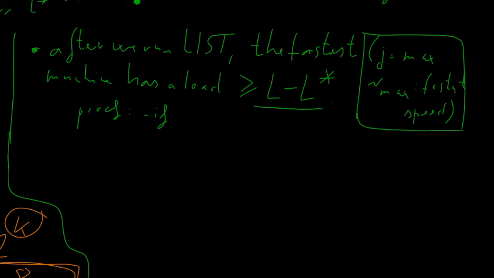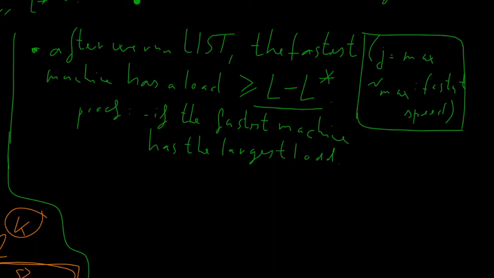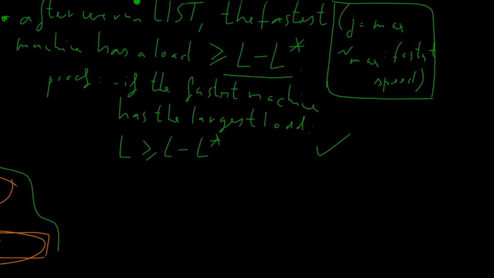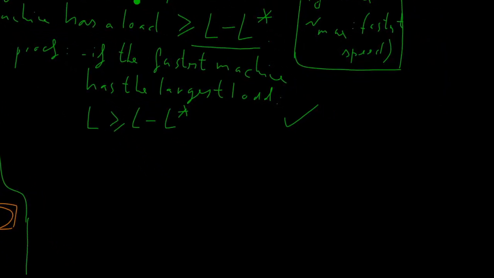So if the fastest machine has the largest load, then the load of this machine is L, which is of course at least as large as L minus L star, so it's fine because L star is non-negative. Otherwise,